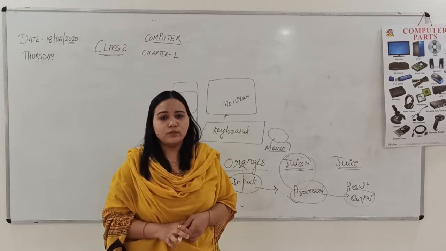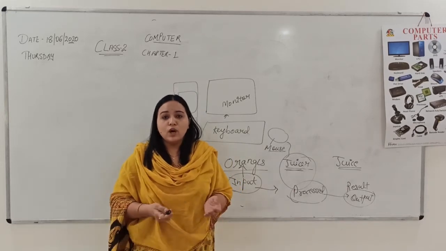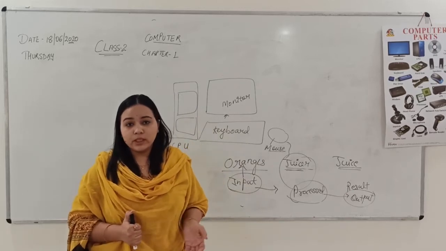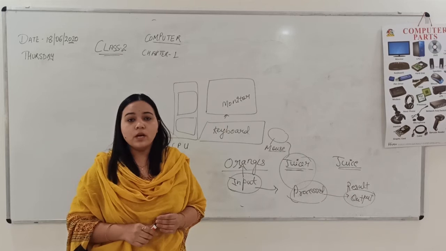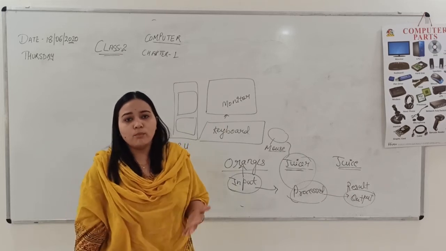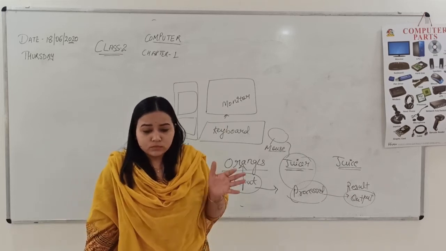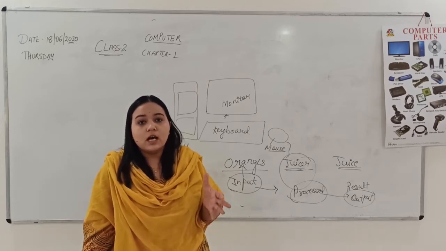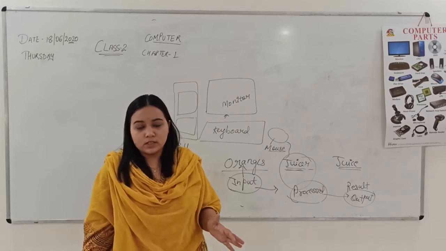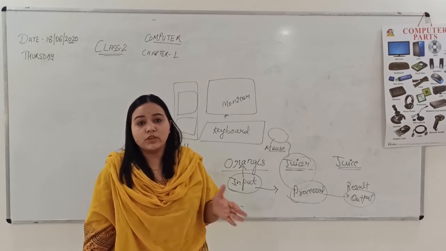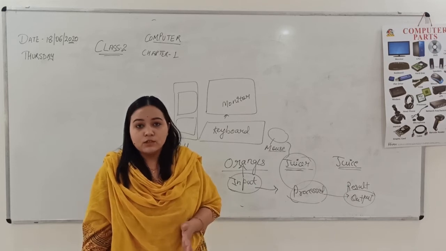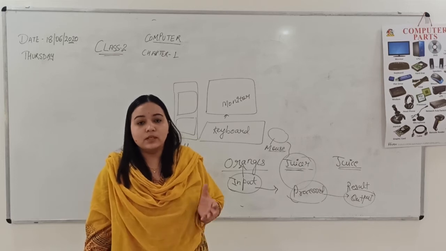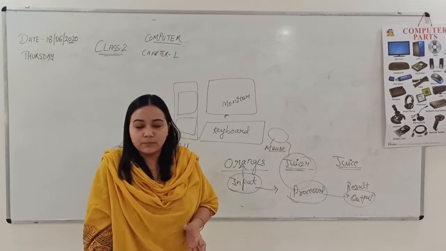You all use computers for so many other things. We use computers for playing games, watching movies, listening to music, and so many other things like doing your homework at home, making your projects, and so many other things. So why do we use a computer for doing all these things? Because a computer works very fast. The speed of the computer is much greater than a human being. So we use computers for doing tasks that need to be done in a lesser amount of time.